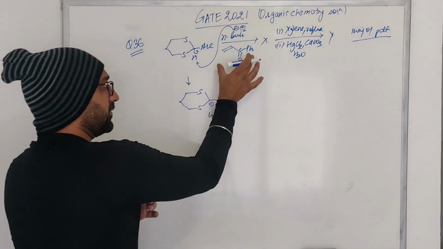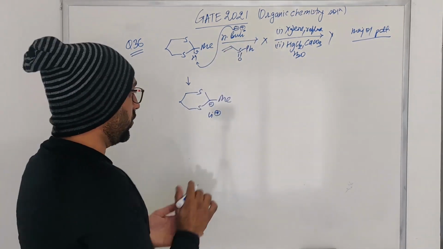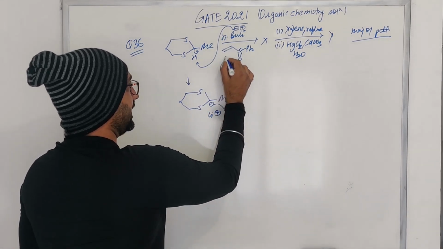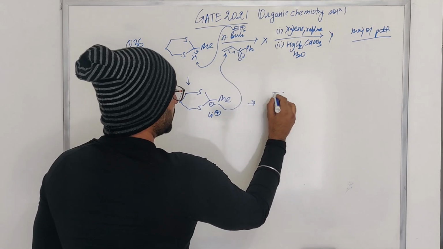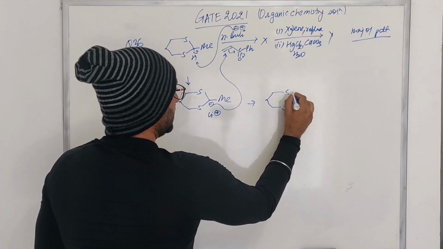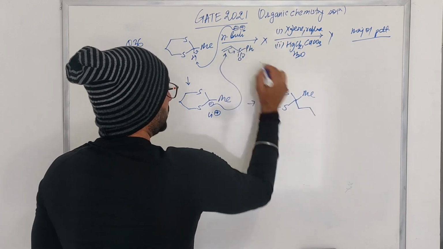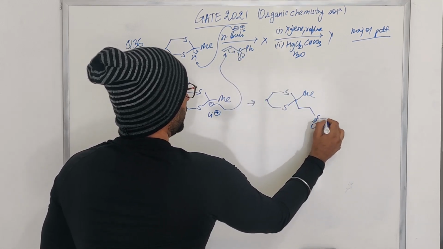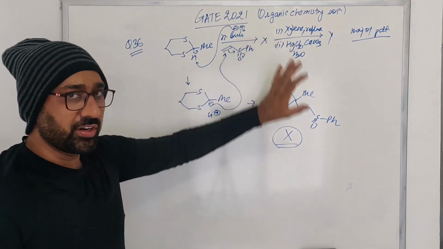And after that, what you have is an alpha-beta conjugated sulfone. So this carbanion is going to attack in a conjugate manner, right? And this is going to come back. So the product that you are going to get is this one, methyl, and this is the 1,2 sulfone, right? So this is the product that you're going to get. So the X, in this particular case, it was this one.